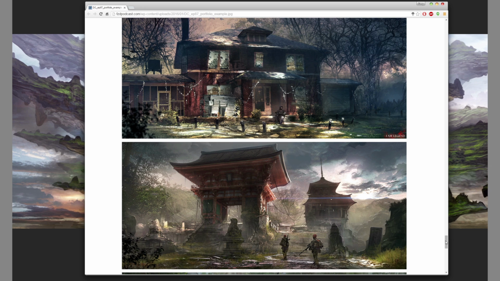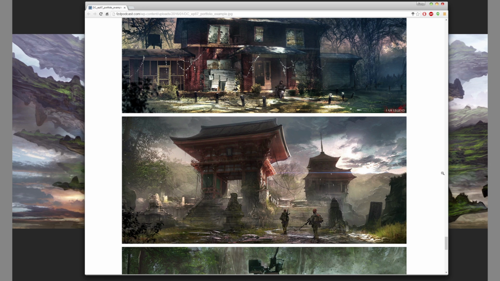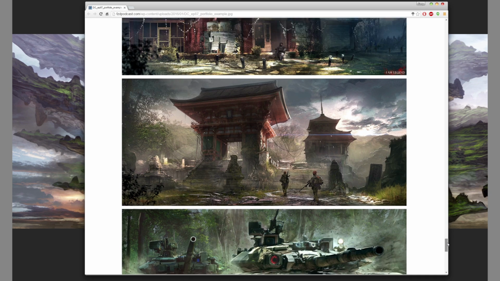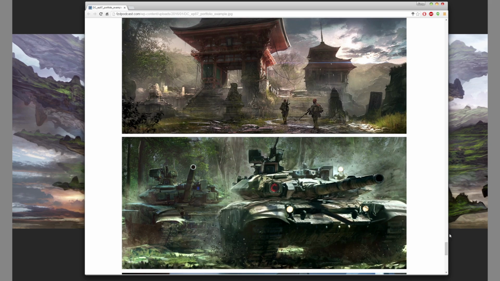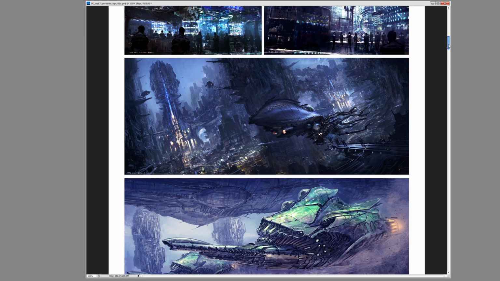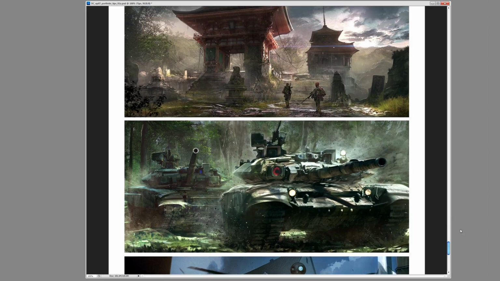So for the Japanese building, I also inserted, or for this painting, there are two military people walking along the path. Okay, here's another way to switch subject matter, which is hint at similar themes. Now, because it's military, I'm hinting at military content. So now I have a tank or two tanks, also color shifted to work with this warm yellow-green. I'm going to Photoshop to show you what these tanks look like in the original version,